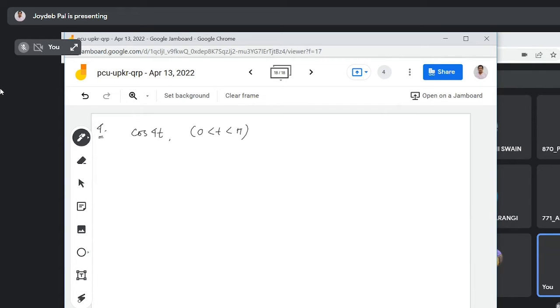Now, what is the function then, if you want to write it as a single function on the positive real axis? How to express it? It will be related to the Heaviside function. I told you how to represent a function in an interval as a Heaviside function. Cos 4t multiplied by u(t)